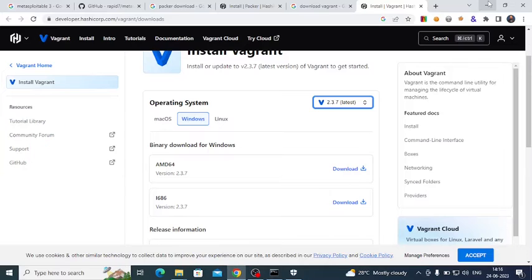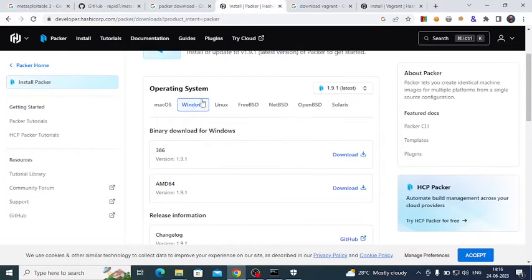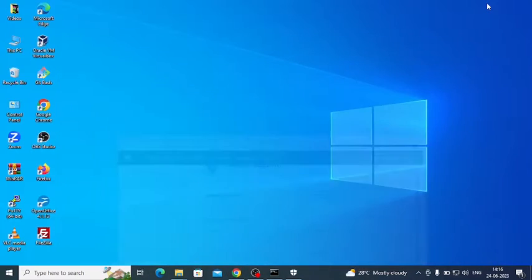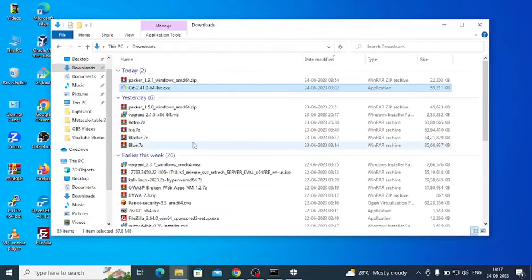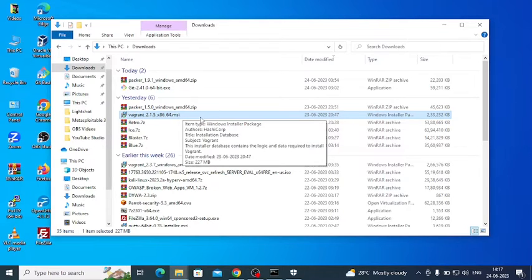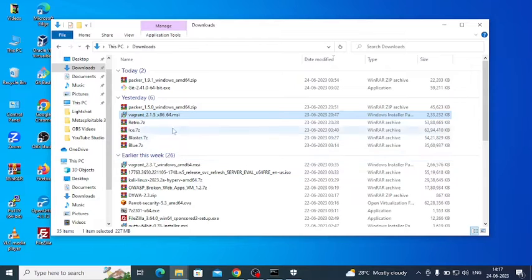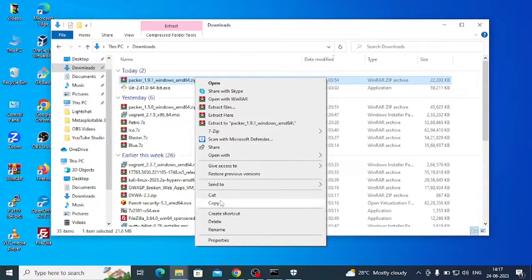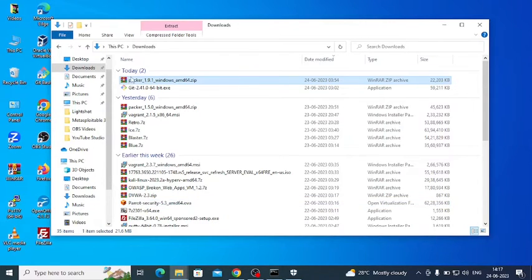So I have already downloaded the two files, that is Packer from here and Vagrant from here. So after the download process is complete, we'll see this Vagrant. We'll double click and next and install. The installation is pretty simple, but for Packer 1.9.1 that we have, we actually need to copy this Packer and then